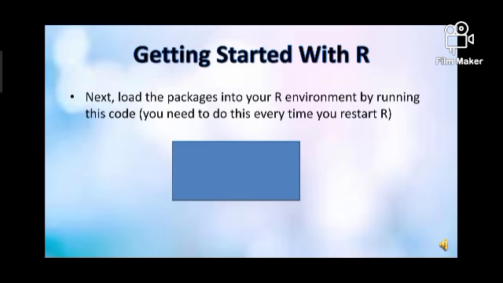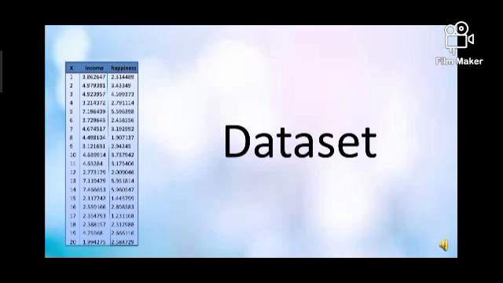Now, we need to load these packages into our environment. So we will use the library function as given below. This is the data set we will be using for this programming. There are three attributes: X is the index column, income and happiness. Here I have only shown 20 entries, but in actual there are 500 entries.